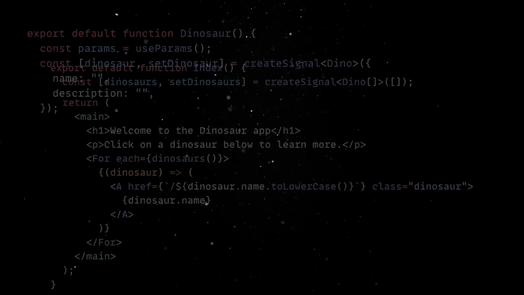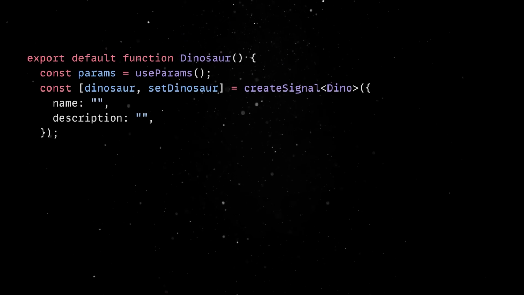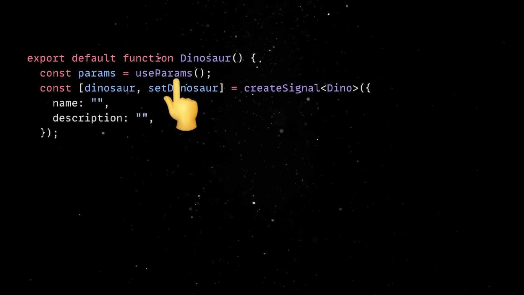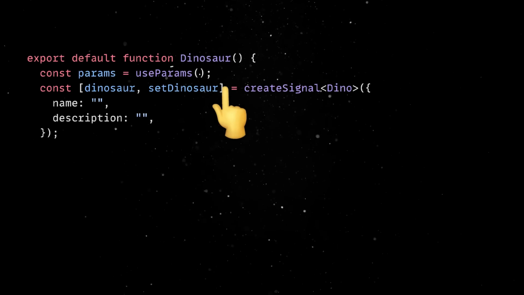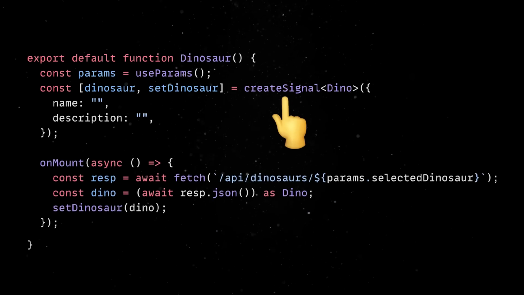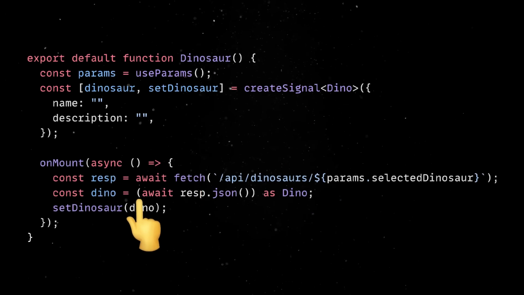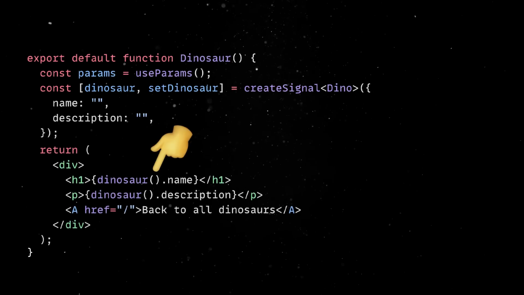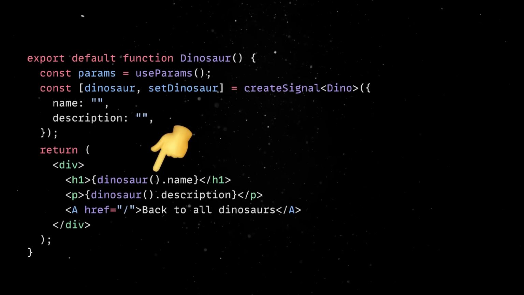reloads. In the dinosaur page, we see Solid's dynamic routing in action thanks to the useParams hook. This component follows a similar pattern to the index page, using signals for state management and onMount for data fetching, but focuses on a single dinosaur's details. Note that when accessing signal values in templates, you need to call them as functions, which might be a bit